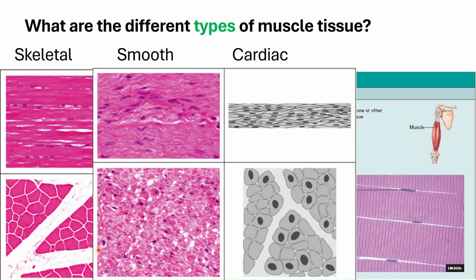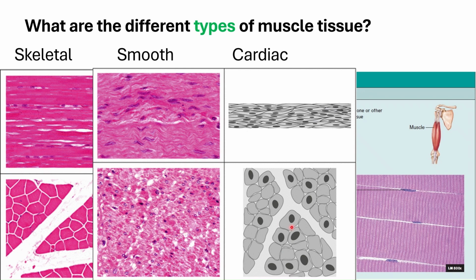For the smooth muscle tissue, the shape is not cylindrical. It is now spindle shape. So as we said earlier, when we say spindle shape, these myocyte cells are tapered on the ends. And you can see that this time there is only one nucleus per cell, and it is centrally located. As such, a cross-section view of your smooth muscle tissue is very distinct from your skeletal muscle tissue.